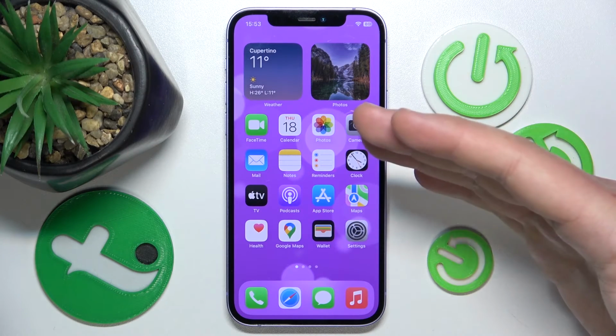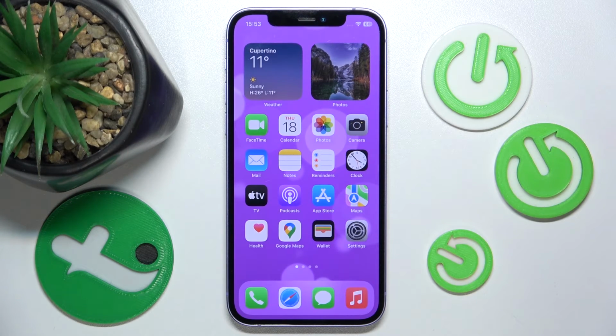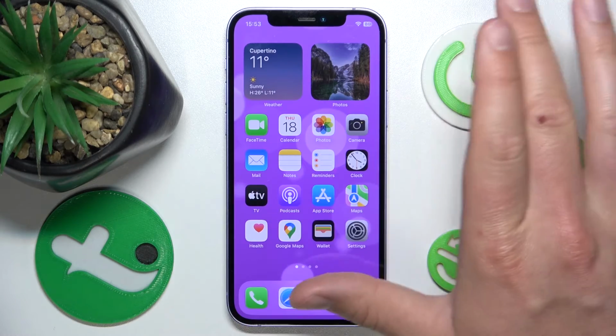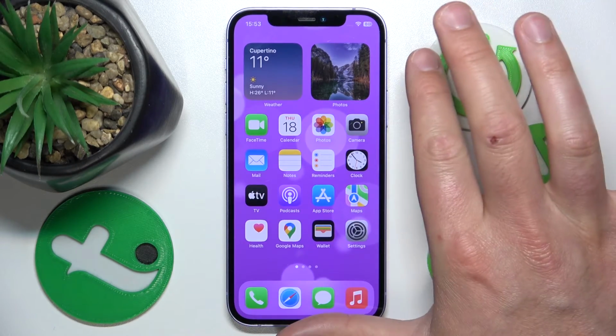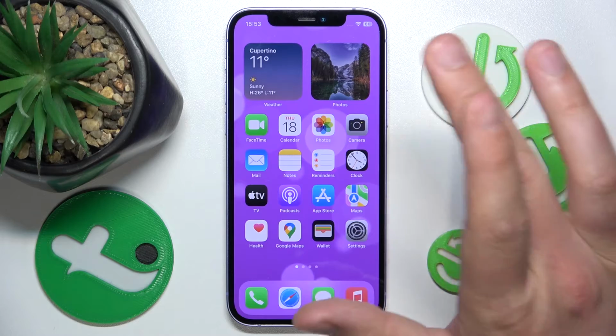So today in front of me is the iPhone 12 with the iOS 17.4, but it really doesn't matter which iPhone you have or which version of the iOS you have, it is all going to work the same on